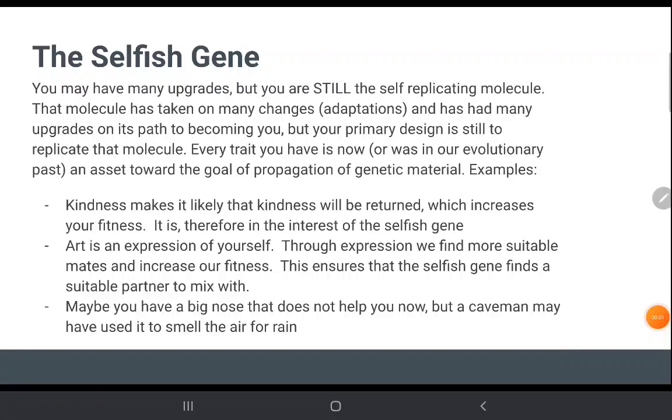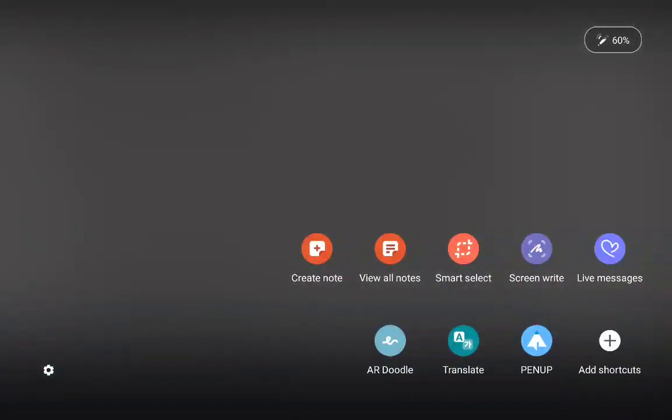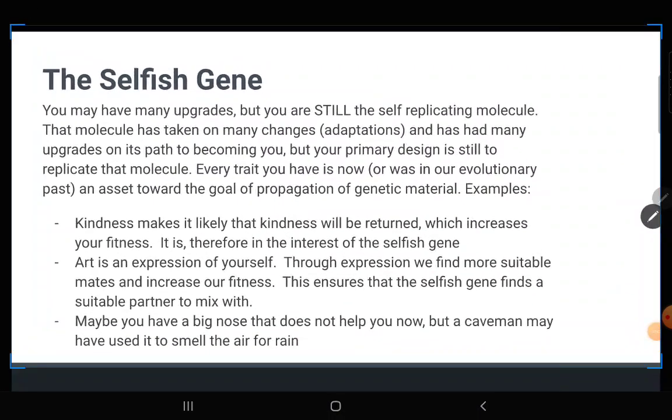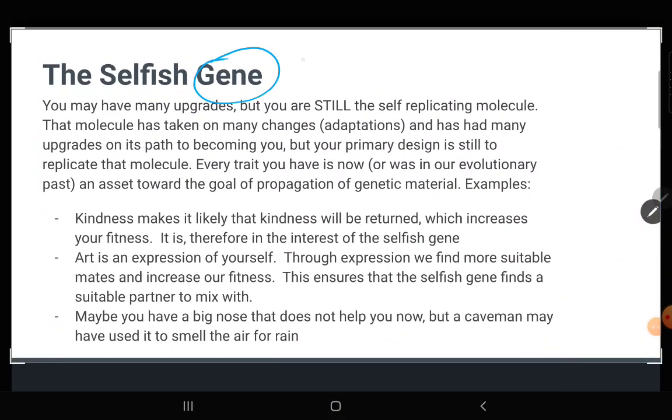Now we've talked about the gene. We've talked about the gene, and the gene we know now is made of DNA, and it creates a protein of some sort. But a gene was originally a ribozyme. And then we could go even before that. Before it was a ribozyme, it might have been something called a proto-RNA.